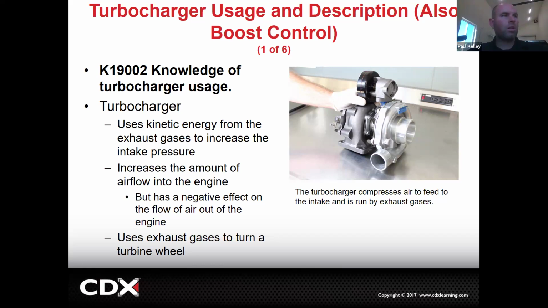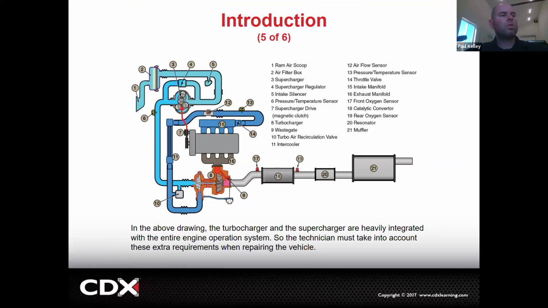Okay, now compared to a supercharger, superchargers can be a little tricky. Superchargers have the same risk. If any of the supercharger parts break and they end up in the engine, you're grenaded. But remember, the supercharger's belt driven. So you could have a problem with the belt where the belt will slip under load. There's some different types of situations where that belt could slip. That could cause an underboost. So you might be looking at the belt to diagnose what you think is a supercharger issue. The turbocharger, for example, if it's underboost or overboost, we're pretty much looking at the wastegate,